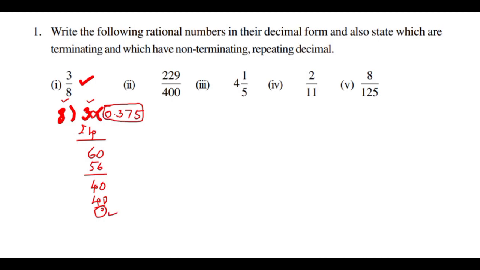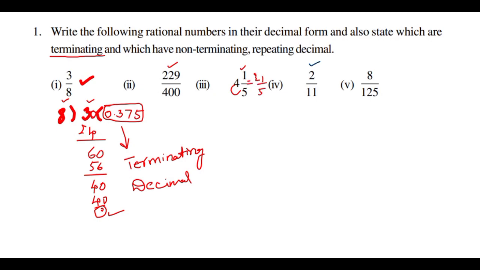And the remainder is 0 we got. So this is called terminating decimals. That means when you are dividing by a number, if you get a remainder 0, those decimals are called terminating decimals. If you divide this one also, you will get a remainder of 0, that means it is a terminating decimal. This one, 4 1s are 4, 5 4s are 20 plus 1, this is 21 by 5. If you divide it, you will get 0 as the remainder, so it is a terminating decimal. These problems you can try yourself.